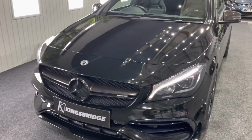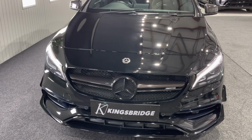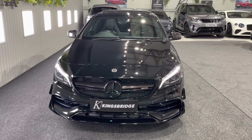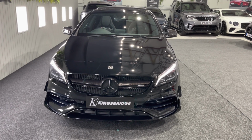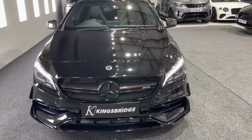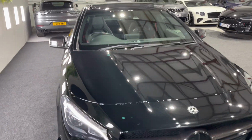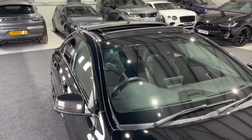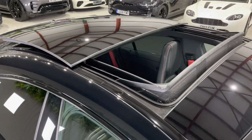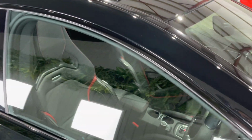I love this car. It sounds absolutely epic. You wouldn't believe it when you hear it, but it is superb. It does actually have the much sought after sports exhaust, switchable sports exhaust button, and it sounds amazing. It's also got the very much sought after and very desirable sliding electric panoramic sunroof,